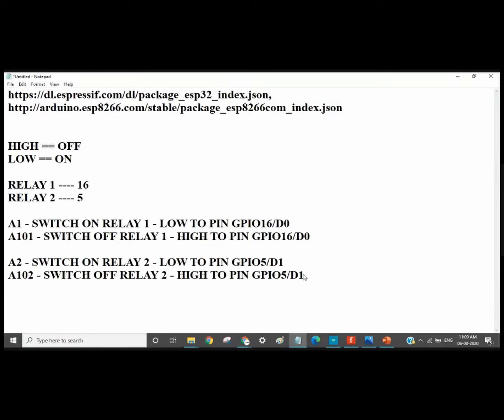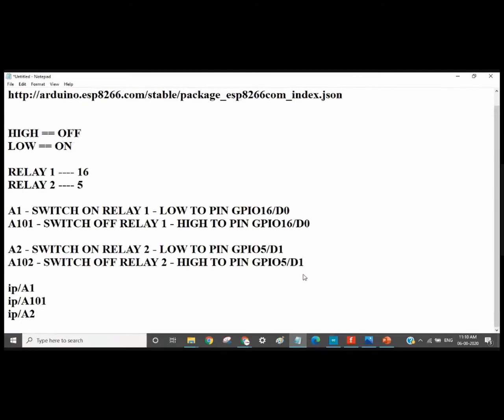Right, our IP slash A1, IP slash A101, IP slash A2, and IP slash A102. Okay, so these are the 4 commands which we are giving, right, in our case.